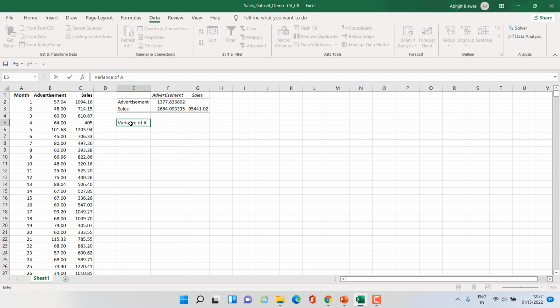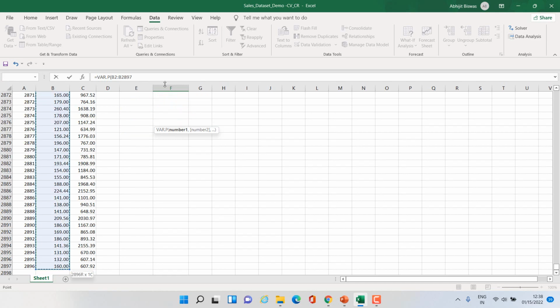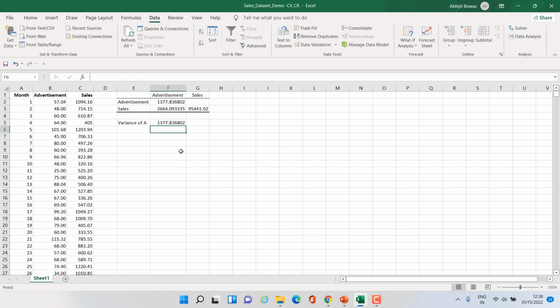Let us denote advertisement by A. We can calculate this using the function var.p, and then we have to select the values of the advertisement. So to do that, click on B2, then Ctrl Shift down arrow, all the values will get selected, bracket close, press enter. You can see I'm getting the same answer.